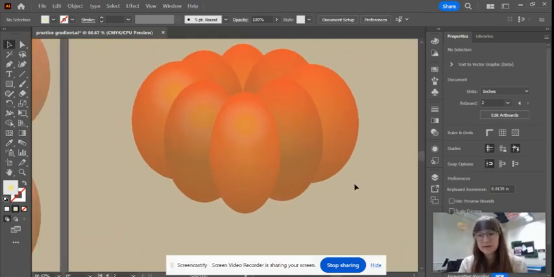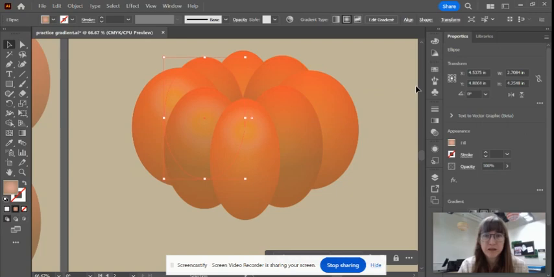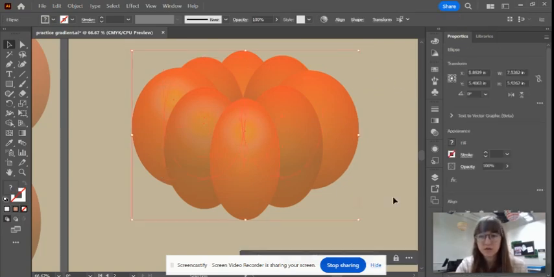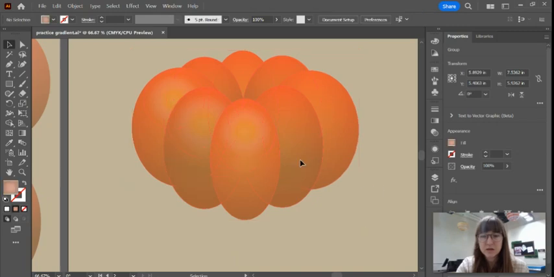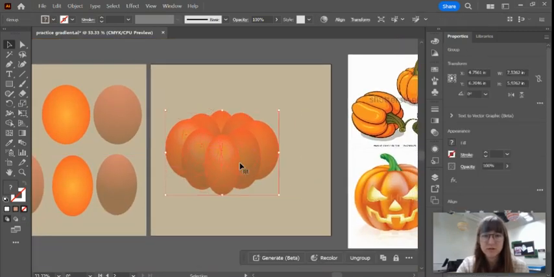So at this point, we need to make a face for our jack-o'-lantern. So before we make the face, let's go ahead and group this together so that we don't accidentally move anything. So if I click and drag over all of those circles, I can group them, and then now they're going to move as one unit. So if I wanted to move this around,